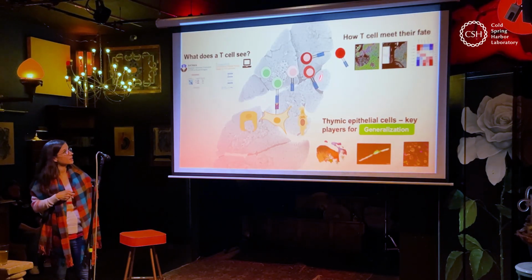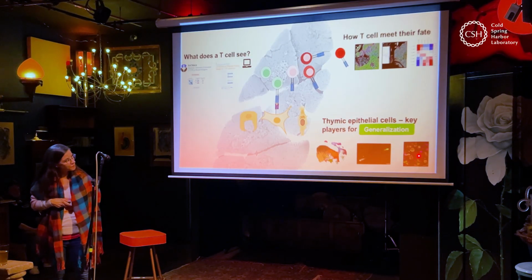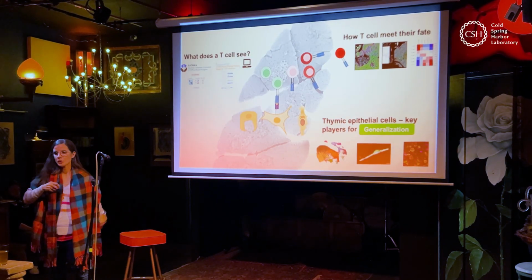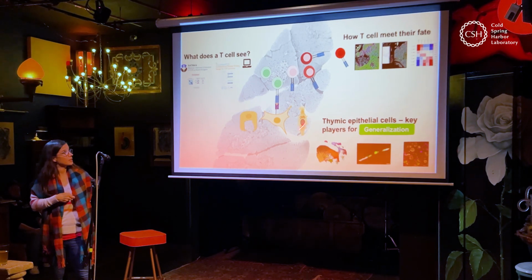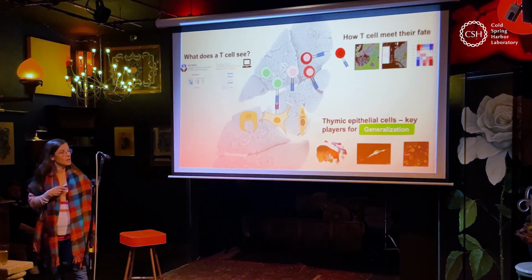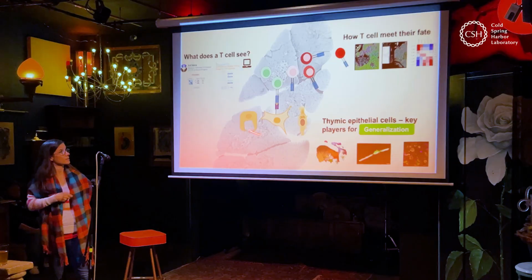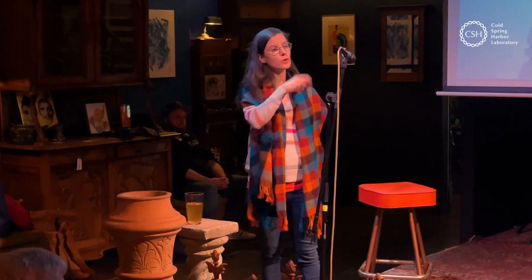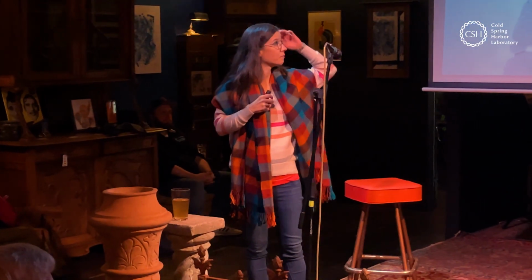So we get human thymus samples, and we can grow them in a dish, and these little structures are called organoids, and they build these 3D structures that can resemble the different cell types that we have in the human thymus. And we're optimizing these to try and figure out, if we now put T cells in, can we recapitulate this entire process in a dish, and thereby try and perturb it without having to actually go into the mouse model. And so all of these things together allow us to look at this process in a very multifaceted manner.